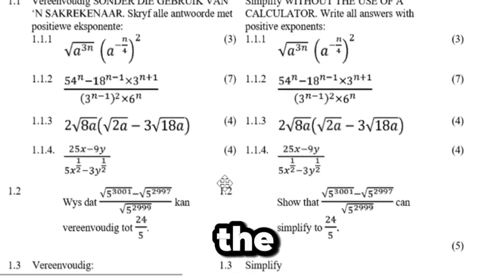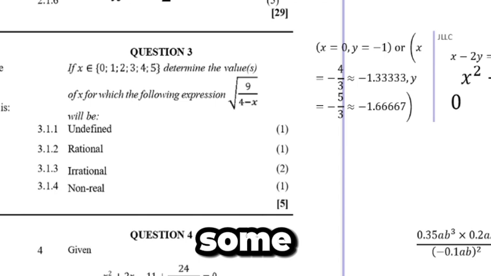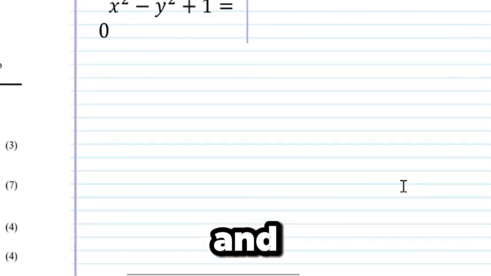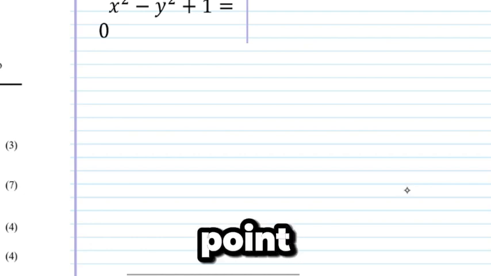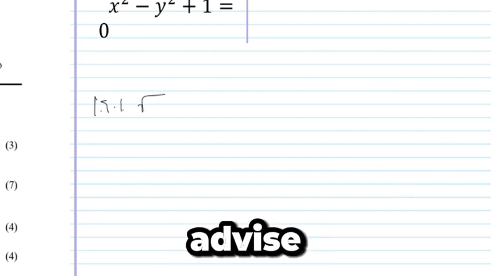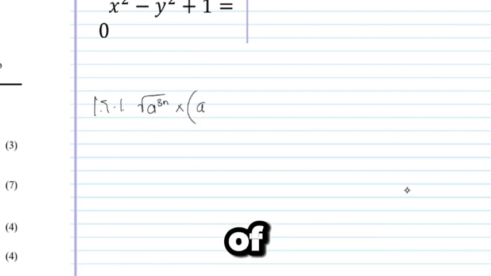Let's quickly go here to the side and see if we can provide some answers. Who can help me with this one? The expectation here is that I want you to write clearly. I'm going to start and try to write for you. So here we have 1.1.1, and then I'm going to write the square root of 3, and there's a dot there, but a dot means multiplication, a to the power of negative n over 4,